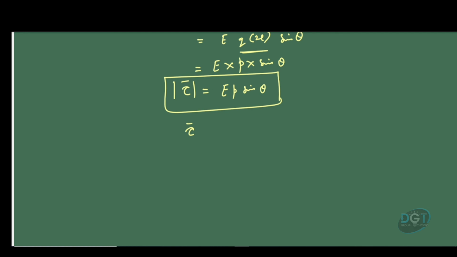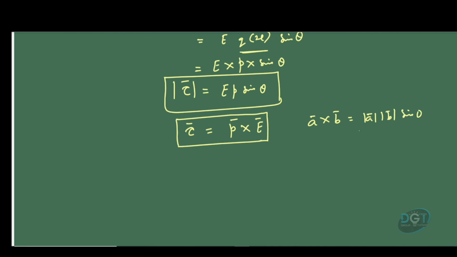Suppose we need to write it in vector form, it can be written as P cross E. And for vector form, we must remove this mod. So torque is equal to P cross E is the vector form for this, as we know A cross B would be mod A mod B sine theta into n cap. Here n cap actually represents the direction, same way here n cap would represent the direction, but n cap being a unit vector would be 1, therefore it doesn't matter if you write it in